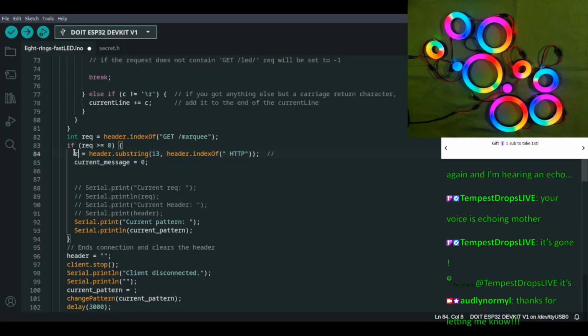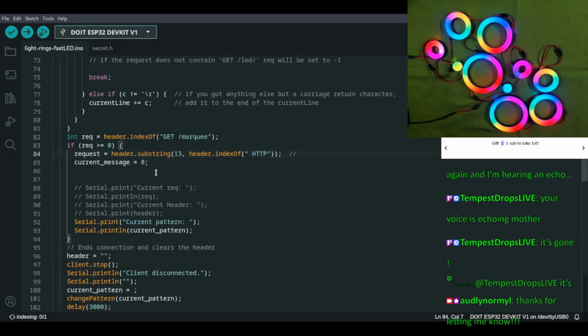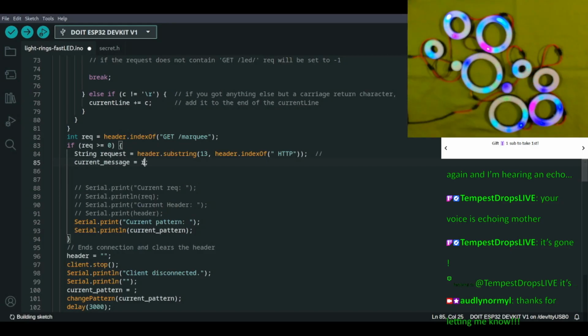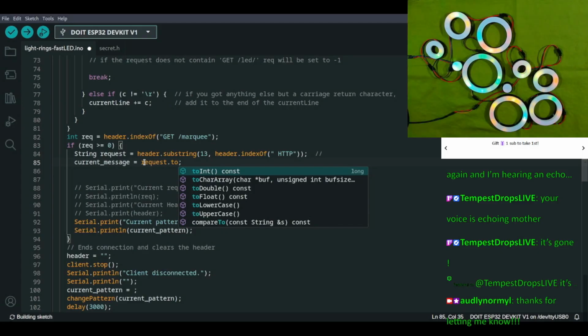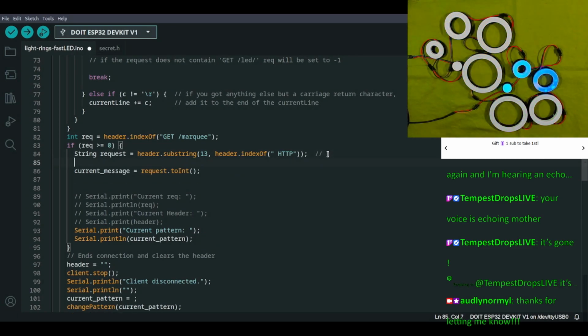So this is request. We'll call it string request. And then current message we will set equal to request dot to int, because I really need to see first what we're getting back from the request, like what we're pulling out currently.